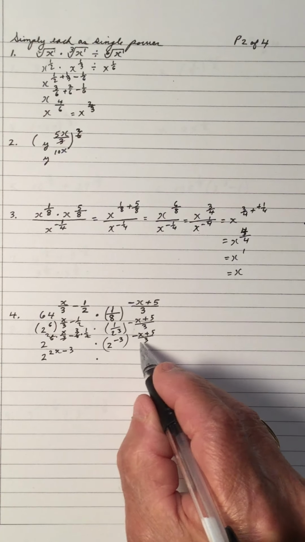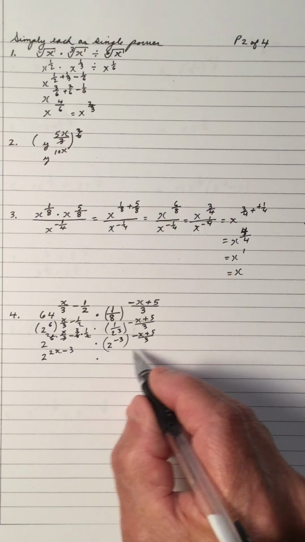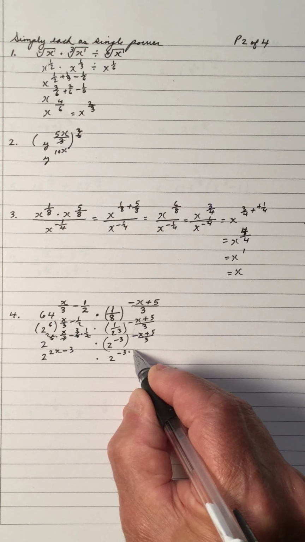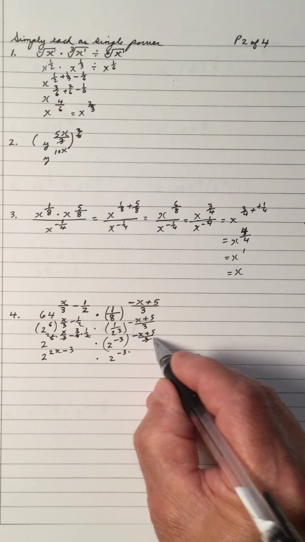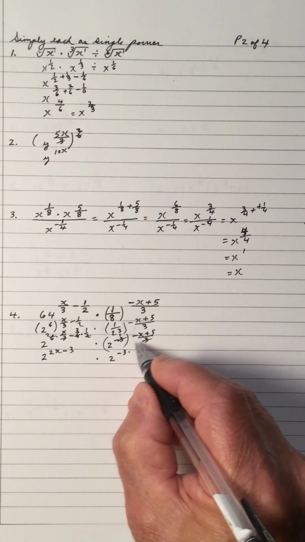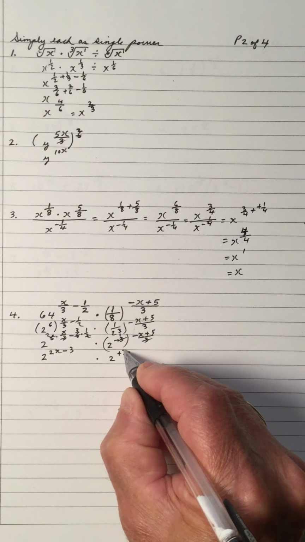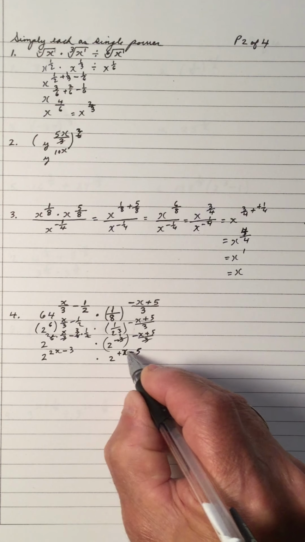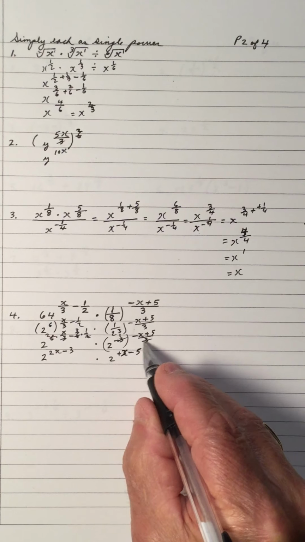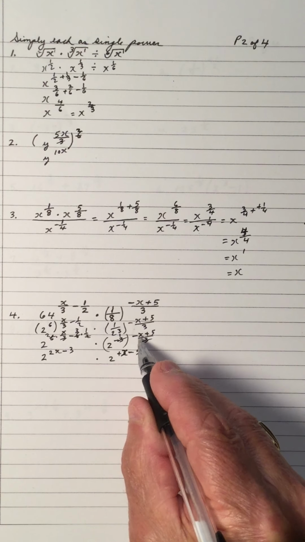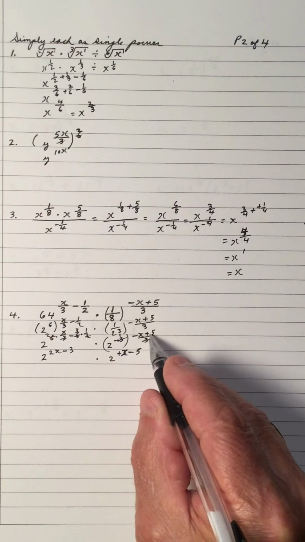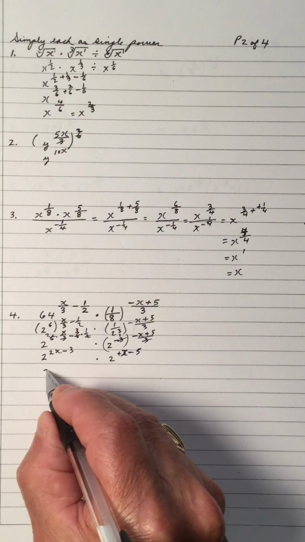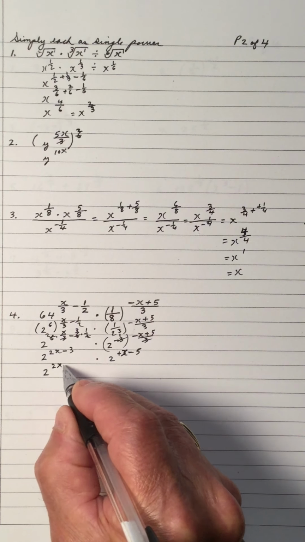And right here, we can write this down. So that's 3 times, or we can, let's cancel. 3's cancel, give me negative 1, so that gives me a positive x, and negative 1 times 5 is negative 5. So I cancel the 3's to get negative 1, and negative 1 times x is positive x, negative 1 times 5, negative 5. Now we have the same base, because we're multiplying, we add, so that's 2x minus 3,